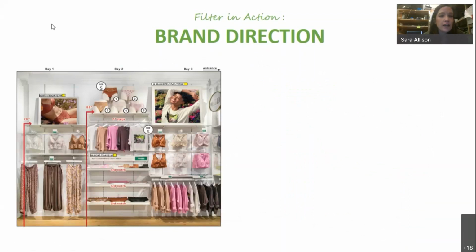Okay, so one last thing we're going to look at in brand direction is just seeing the filter in action. So how are we really using it? Here's our situation. We've gotten to floor set night and we're looking to build, and I realize that, wow, this whole presentation has a lot of undies in it, and I as a store have not received any of these new undies. So it really messes with my presentation because it's my whole upper, right? So all of these undies on forms, and it's a lot of shelves in this wall. So I'm missing a ton of what goes in this wall.